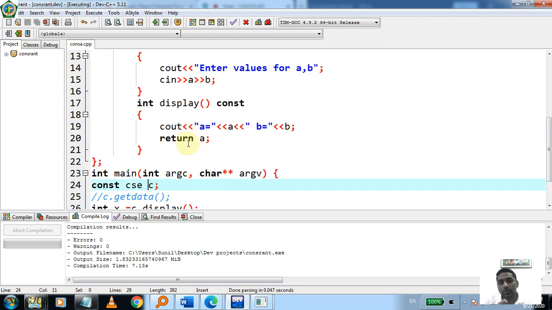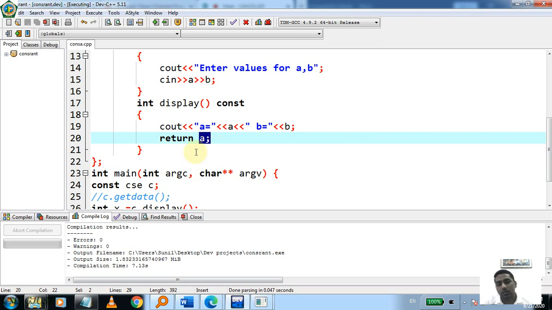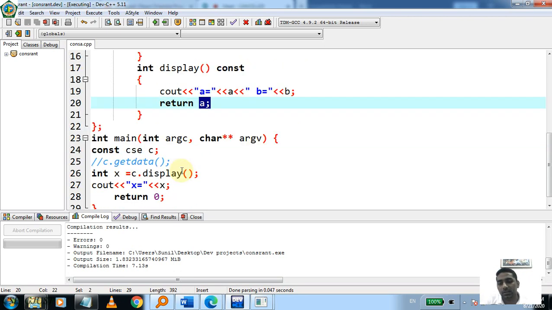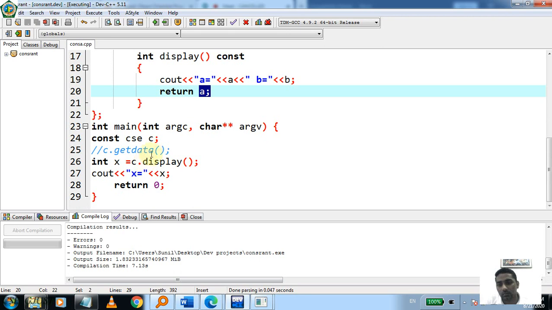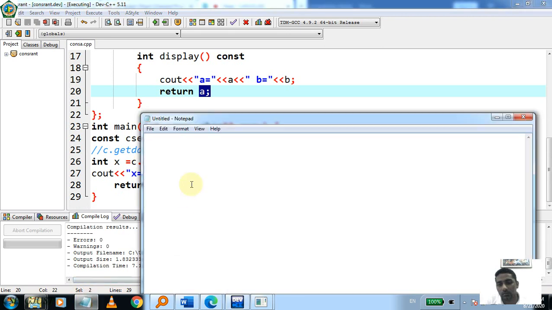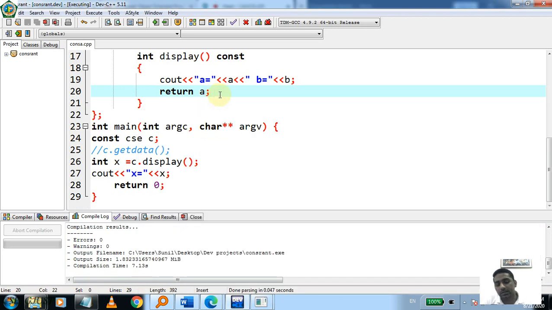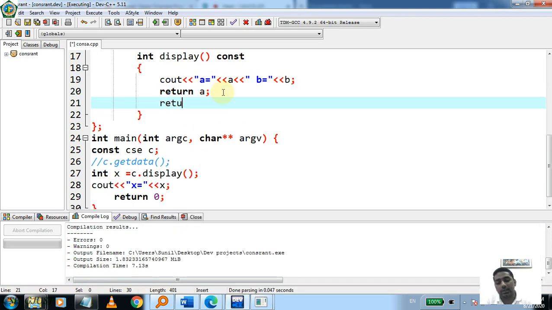Now, who will tell me how many parameters you can pass here? If I want to pass a and b, what can I write here? How can I return multiple variables at a time? Is there any procedure? Sir, we can use separate return statements, one for each. A return statement means you can only return one value at a time.